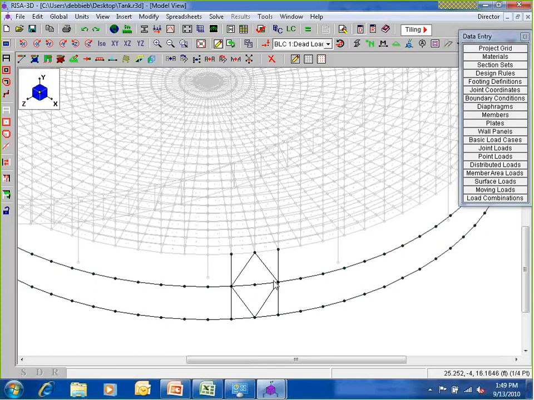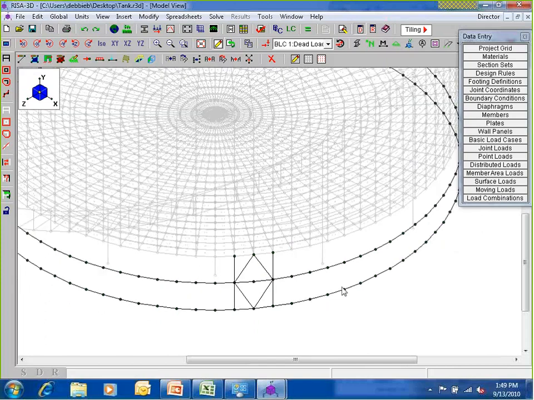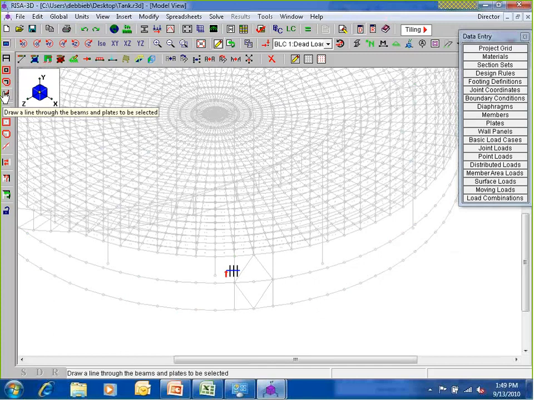Okay, so now that we have all of this put in here, I really need to copy it all the way around. It would be a lot of work for me to draw all of this in. So the point here is to make the least amount of work and be the most efficient here. So what we'll do is just select this portion of what we need there,